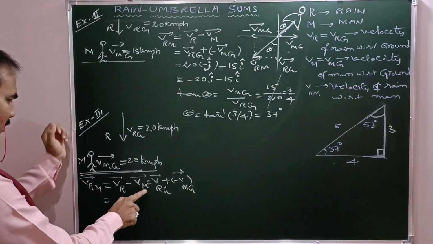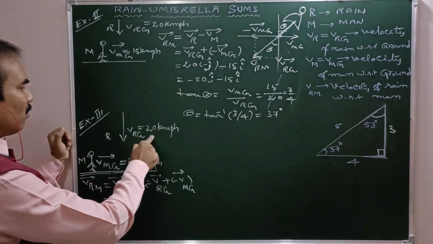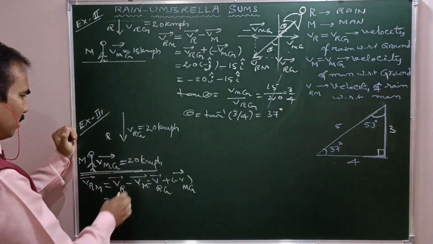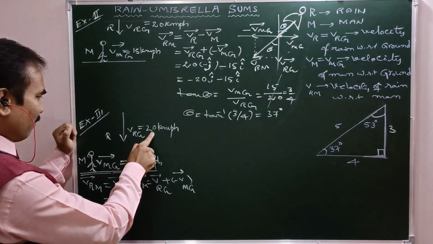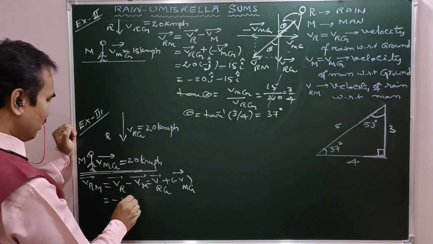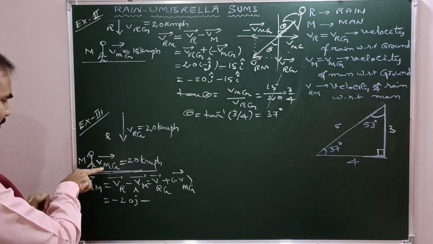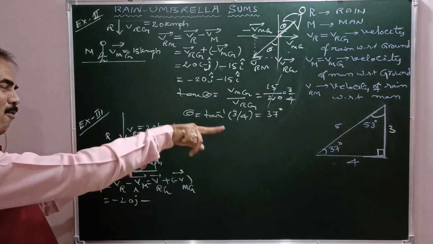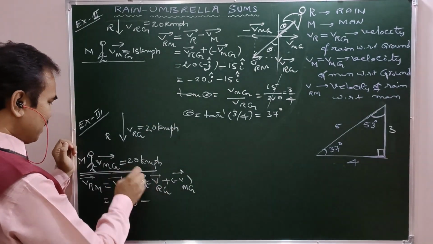Now see, what is the velocity of rain with respect to ground here? 20 km/h vertically downwards. Vertically downwards means what is the unit vector? Minus j cap. That is minus 20 j cap. Plus or minus VMG. VMG means 20 km/h along positive x, that is i cap. So plus or minus VMG means 20